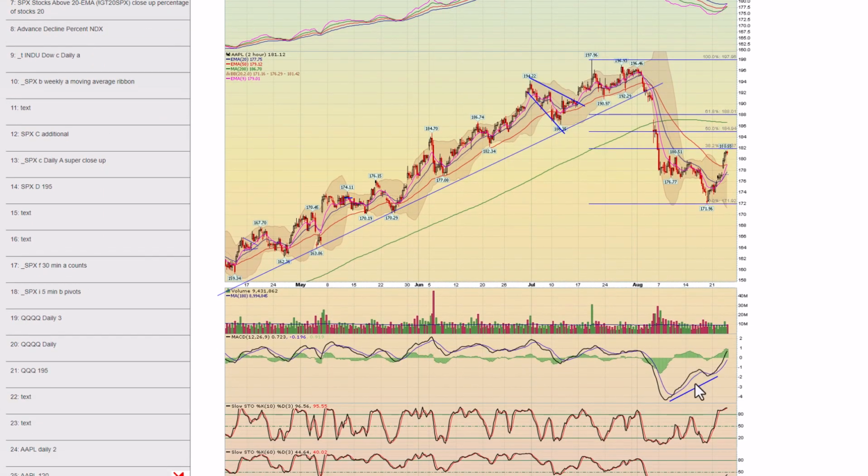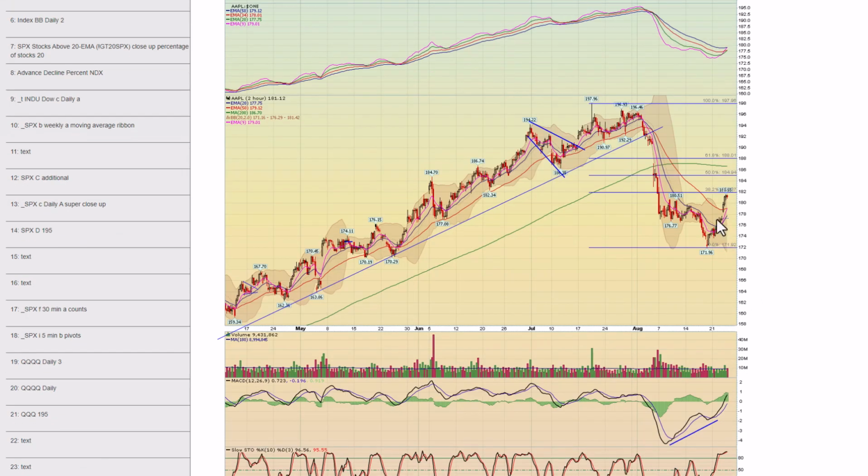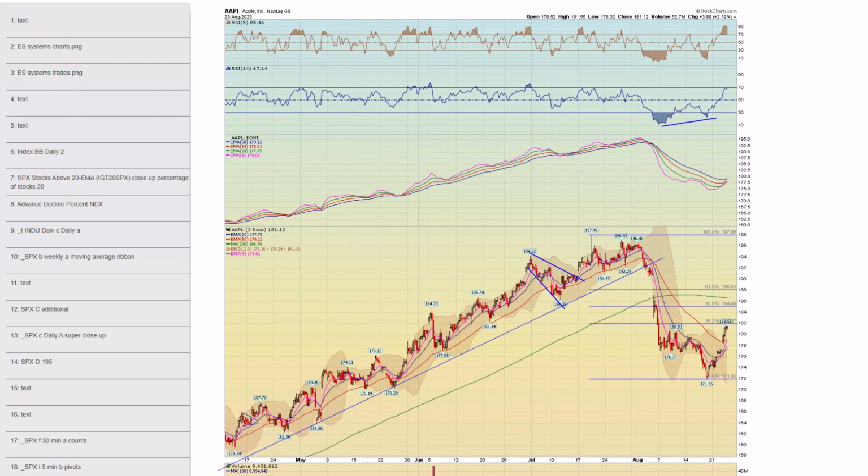Next. Chart 25, here's the 2-hour chart. Again, you had a beautiful MACD divergence there, RSI divergence. Nice rally. Again, it retraced almost 38%. Here's the fibs to watch. 188 for the 61 fib, 185 for the 50% fib.